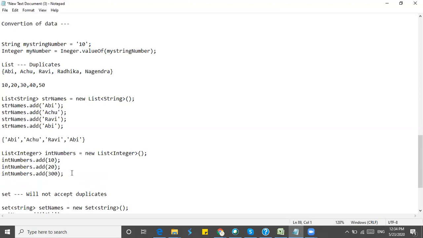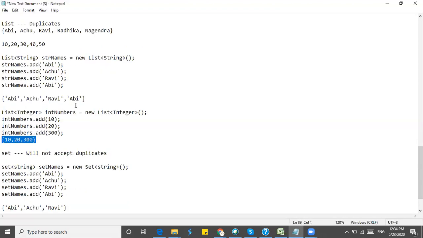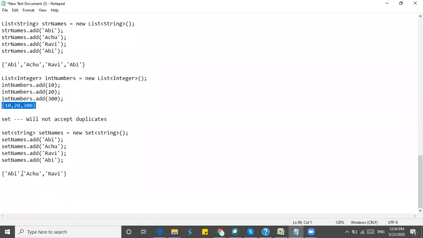Then it will look like this form. Like this, the list will be storing the values. If they are integers, it will store in this format. If they are strings, it will store in this format. In the same way, if there are any duplicates in integers also, a set will not accept them; it will remove the duplicates and store only unique values.